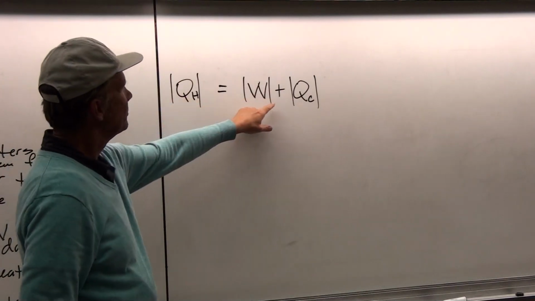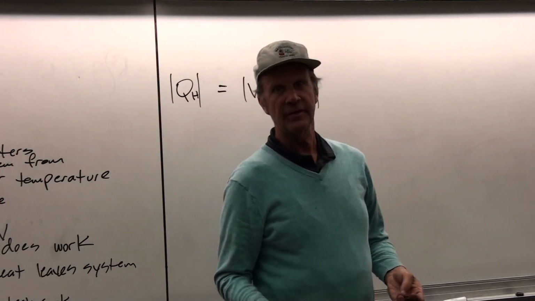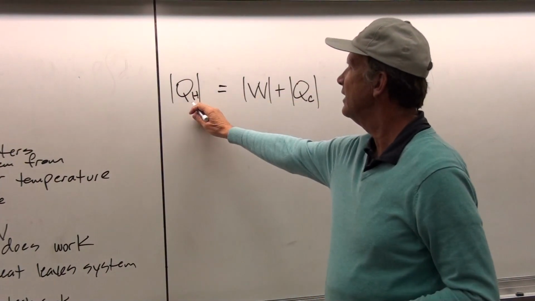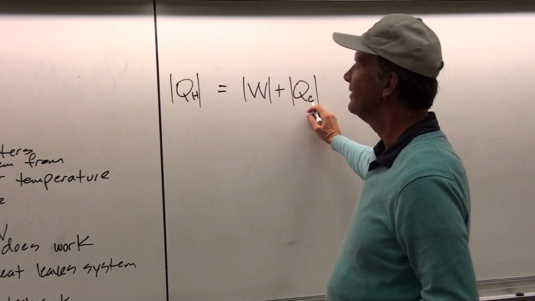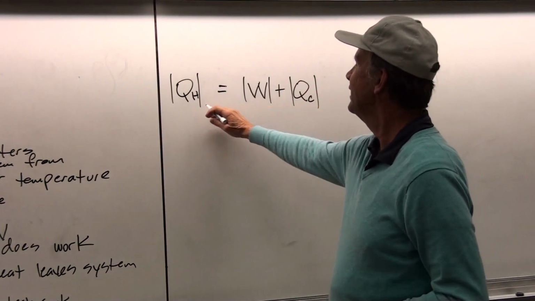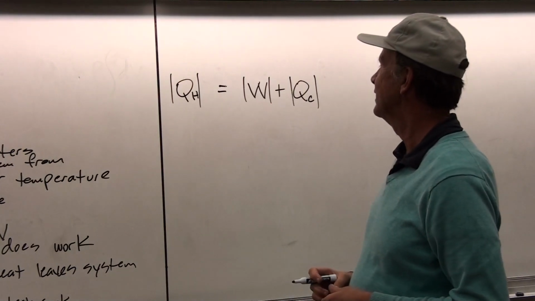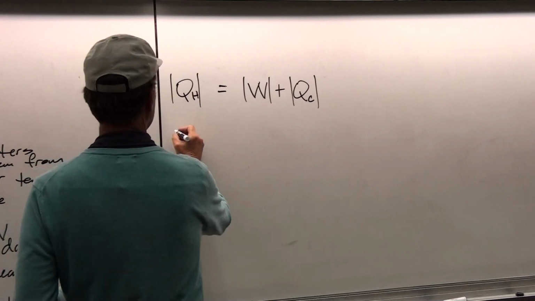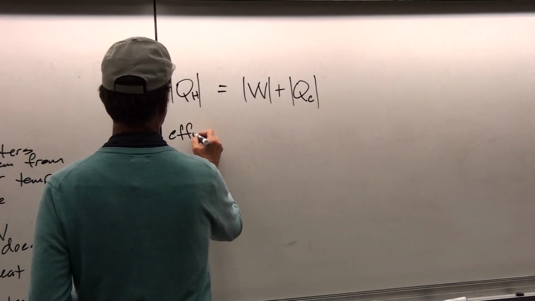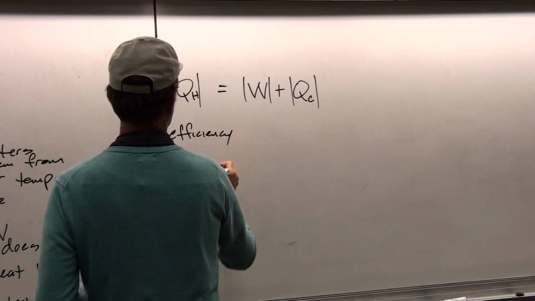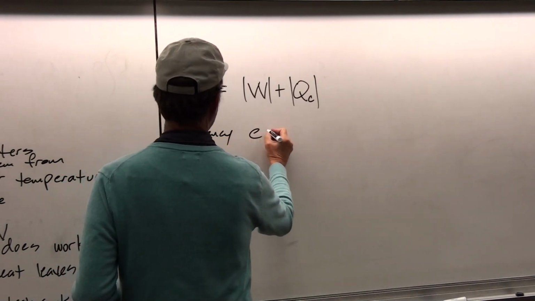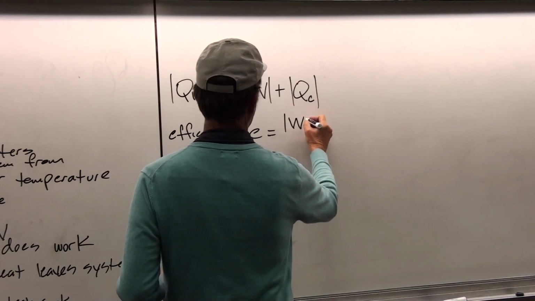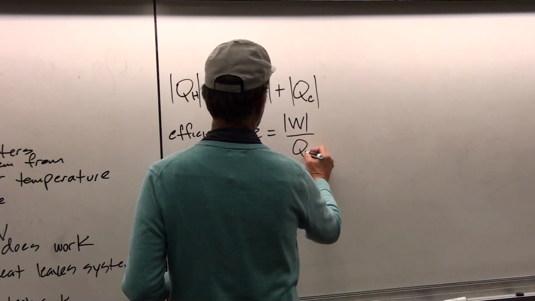Now here, I'm going to take these as being absolute values because it is a quantity of energy that's being transported. So here, energy is entering the system. Here, energy is leaving the system. But if we set it up this way, we aren't going to make any minus sign errors. So we sometimes call the efficiency of an engine like this E, as equaling the magnitude of the work that's done divided by the total input heat.